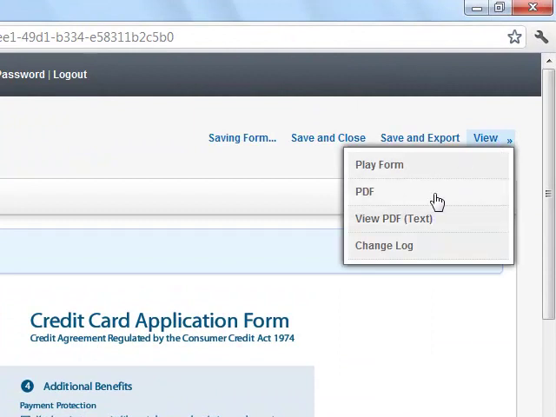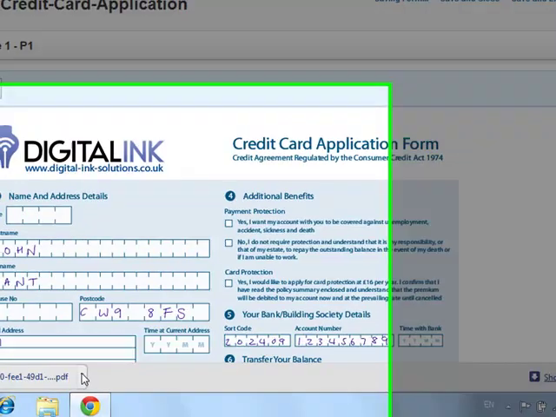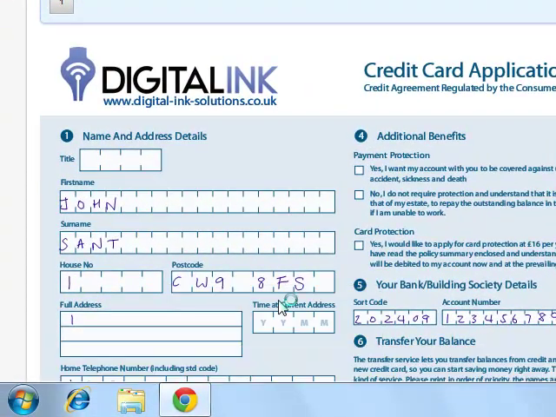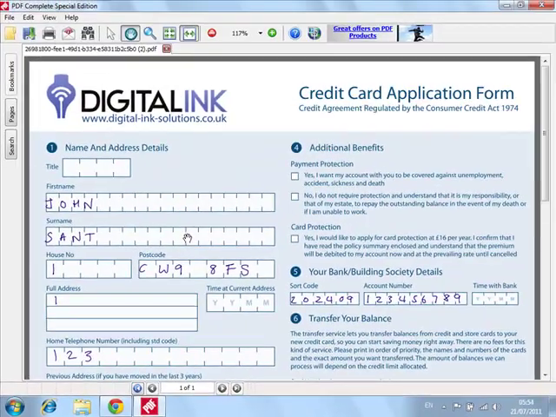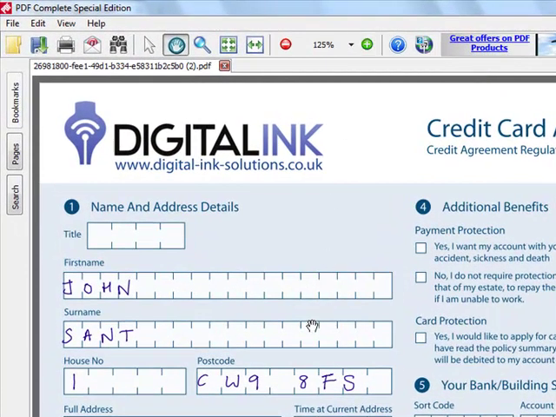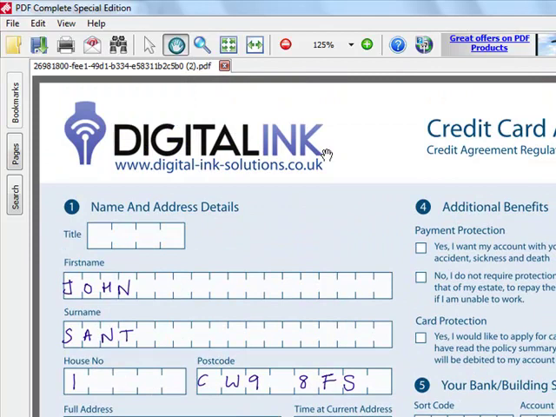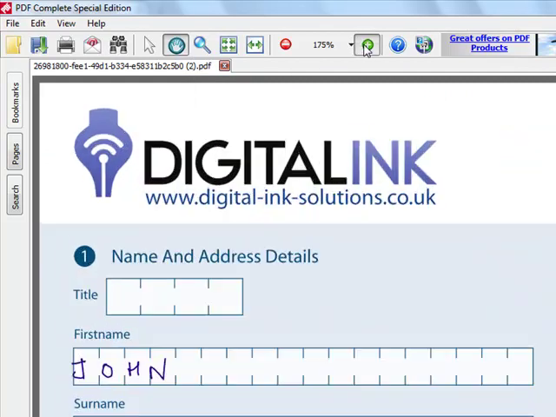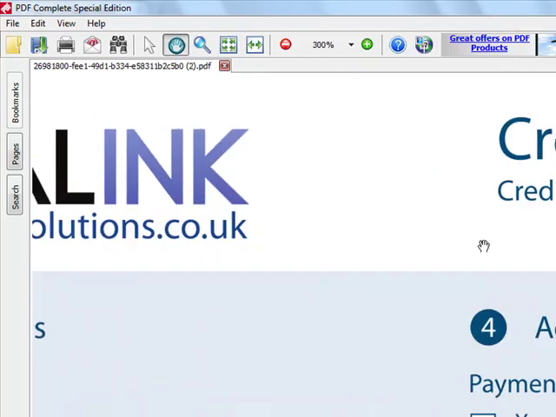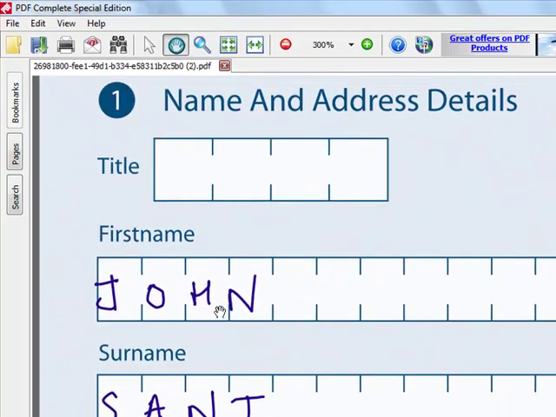But if I start by showing you the PDF, the handwritten PDF output derived from Digital Ink, we can see here that the form is quite high resolution. We're fairly unique in the marketplace in that we use raster graphics on our forms, which means that as you zoom in, the quality of the form doesn't degrade. So as I zoom in here, we can see all the logos are nice and crisp. The artwork doesn't diminish in quality, and more importantly, the pen output doesn't,